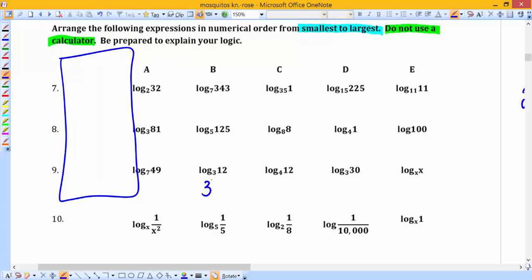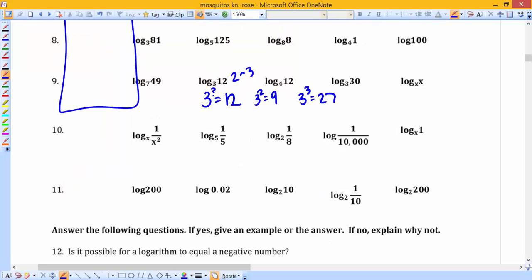So like here, 3 to the what is 12? Well, nothing. But 3 squared is 9, and 3 cubed is 27. So it's somewhere between 2 and 3, because those were my 2 exponents, but closer to 2, because 12 is closer to 9 than it is to 27. Okay,